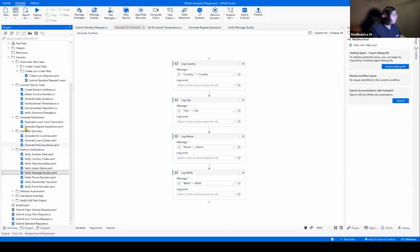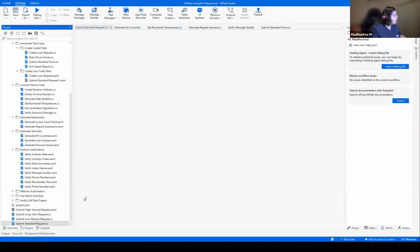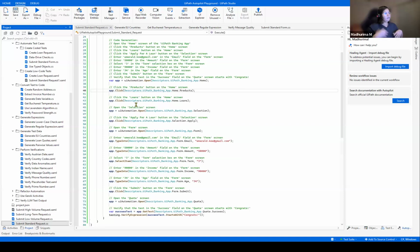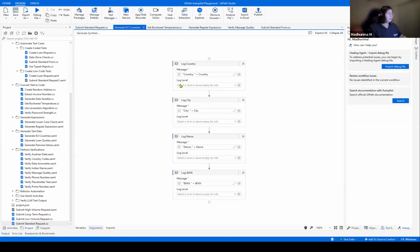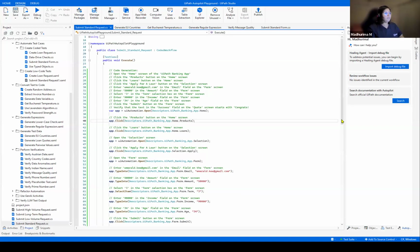Whereas coded test cases or coded automations are something that you can directly code into. For example, this standard request that we saw. You need to literally do coding in C sharp. We know we have a variety of people, like people who know coding, who don't know coding, who are transitioning from manual testing to automation. So probably they can start with low code automation and then move into full-fledged coded automations. Here you can leverage creating code source files. You can do anything that you do on a C